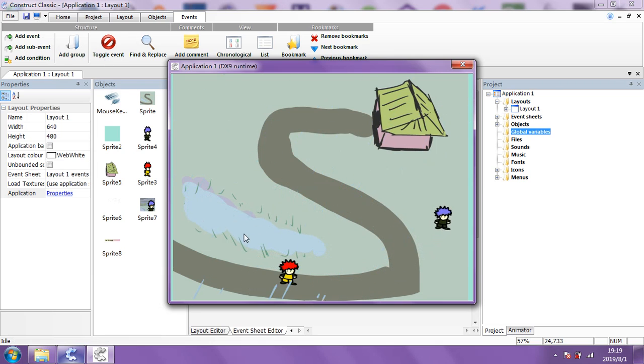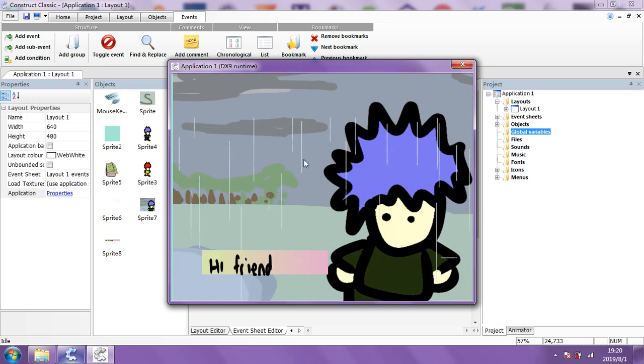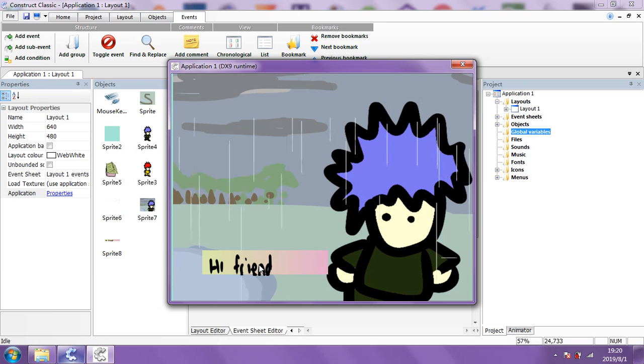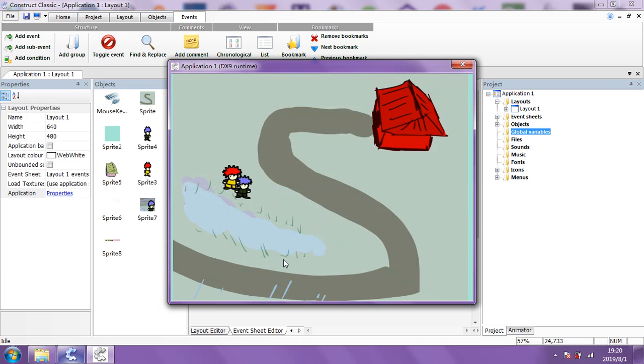So there's nothing there. Again, nothing showing. I can't click here. Nothing will show. If I go up to the guy, okay, and then move away, it's gone. There's no name thing there. I can't click. Good. It doesn't exist still. If I go to him, and then click on the thing, and then move away, the house is red.